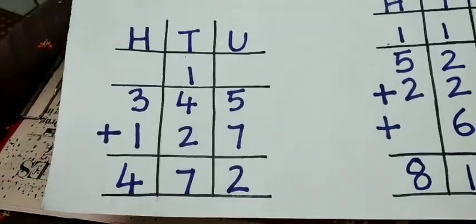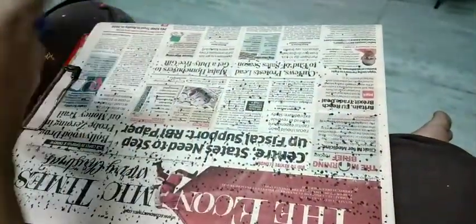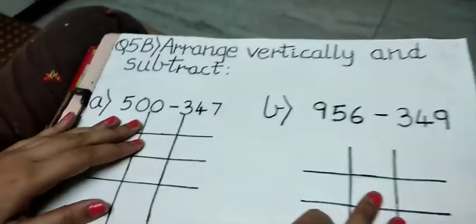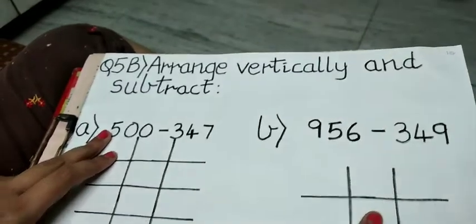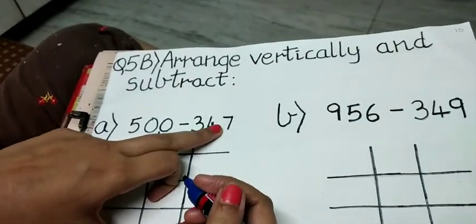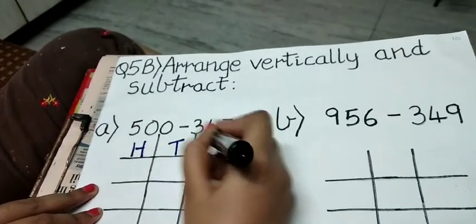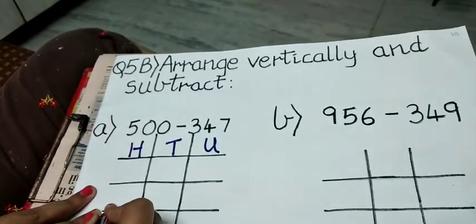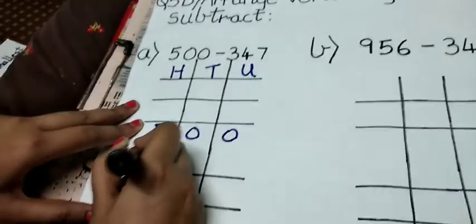Okay boys, so this is how you arrange vertically and add. Now 5b, arrange vertically and subtract. First sum: 500 minus 347. You have to write H, T, U. Write the sum, 500 minus